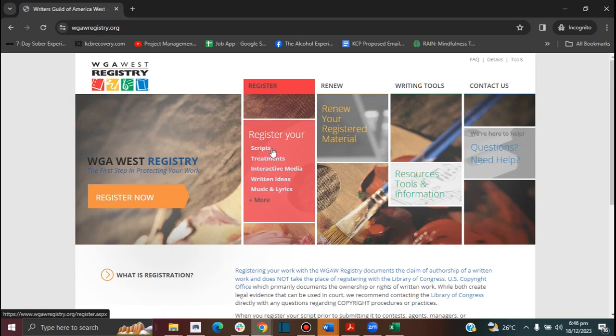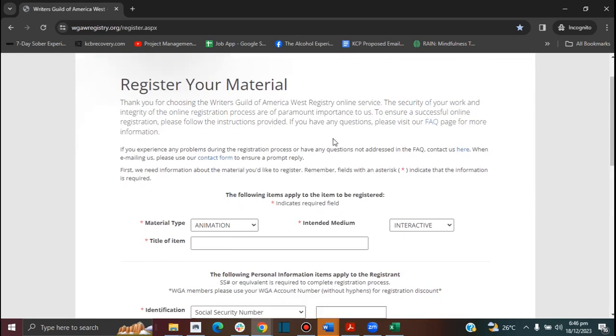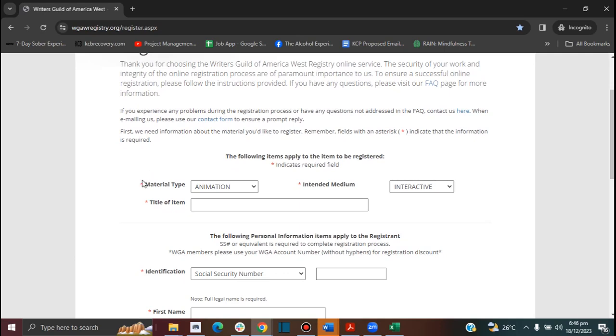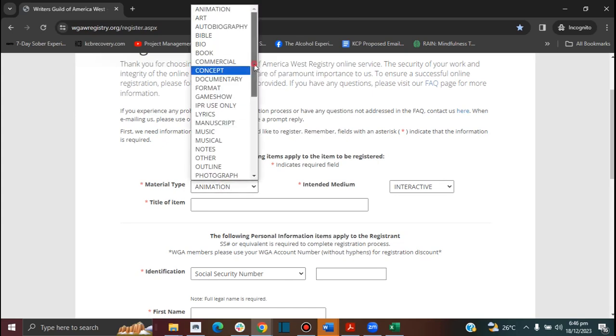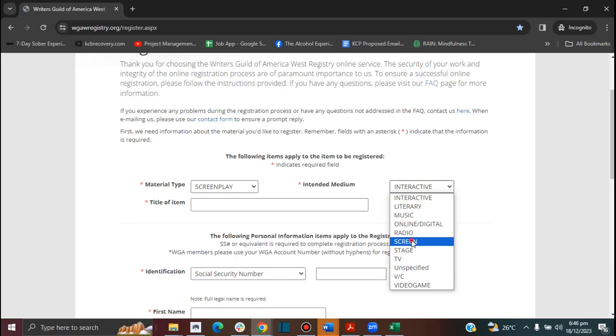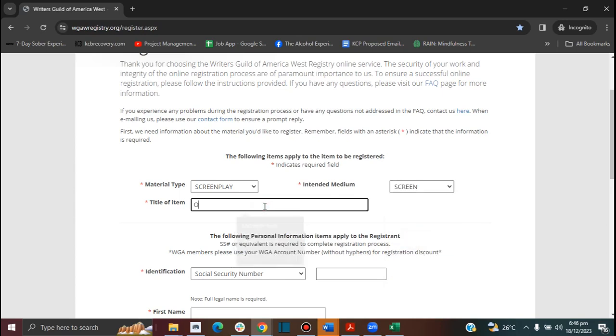So you're going to click register here to register your script, your screenplay, and then there's a little bit of information here telling you that you need to fill out all the sections that have an asterisk. It's compulsory. So here for material type, when you're registering your screenplay, you need to take a look at the list and then go to screenplay, and then for here the option will be screen, and then you put in the title of your screenplay,